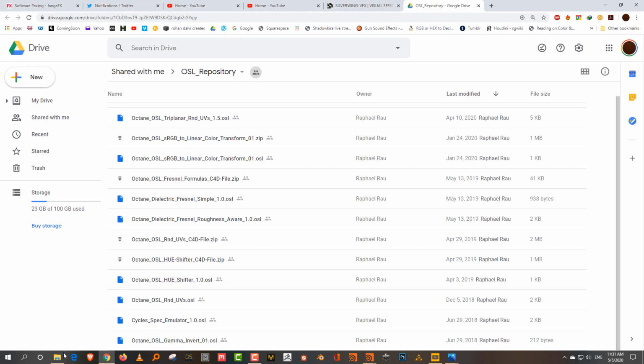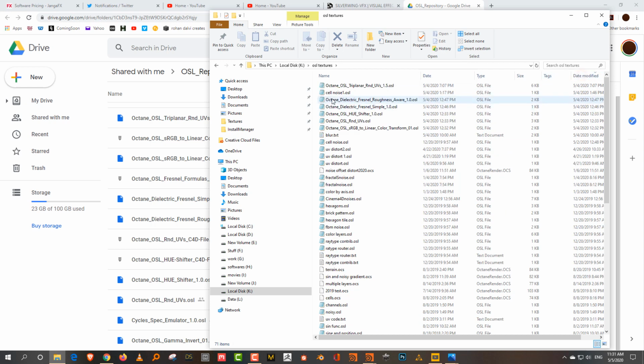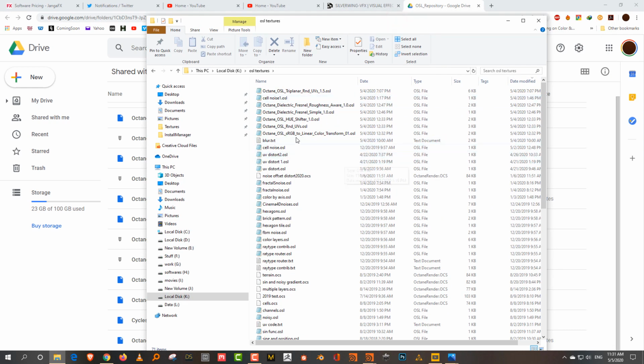Along with that, I have a couple of my own OSL textures which I'm going to use for this, so I'll attach these as well. Primarily there is something called cell noise, which is what you need to get random colored squares. It takes an input of random grayscale squares, and then that value is multiplied by 360 and you get a random rotation. The other one is the UV distort. Both of these are needed as well to make the UV randomization work.